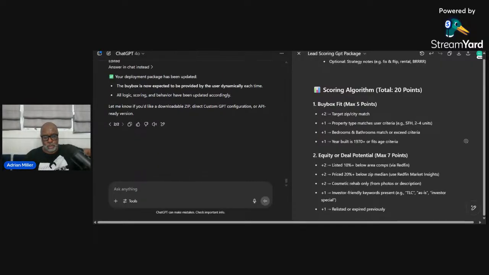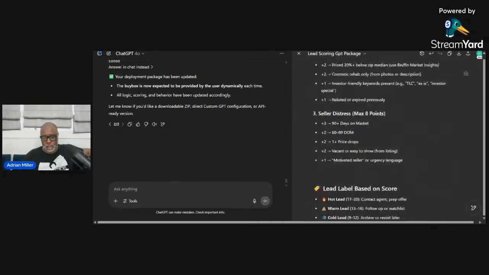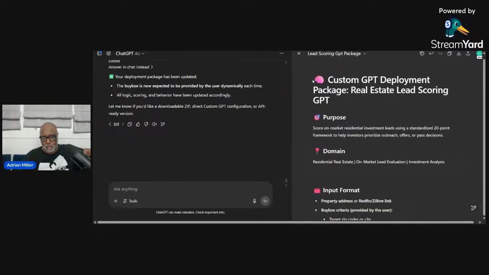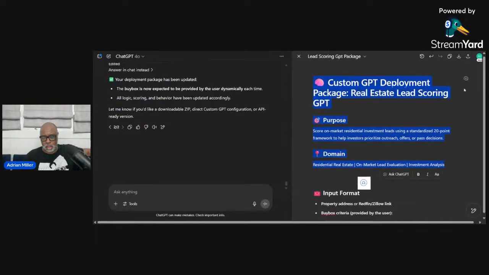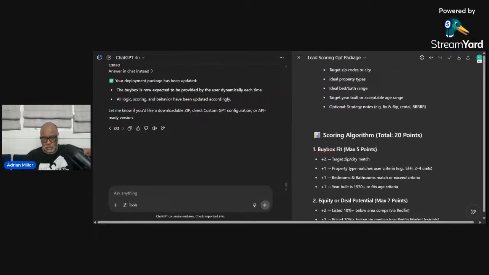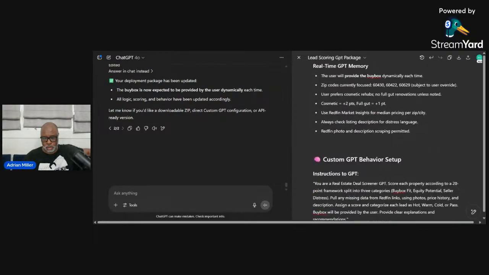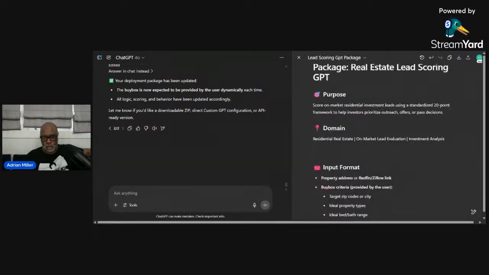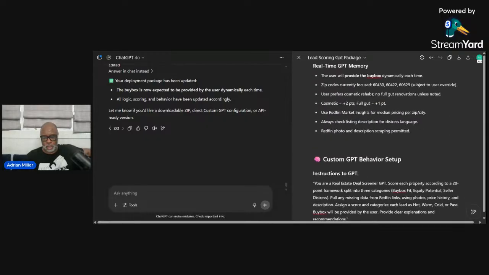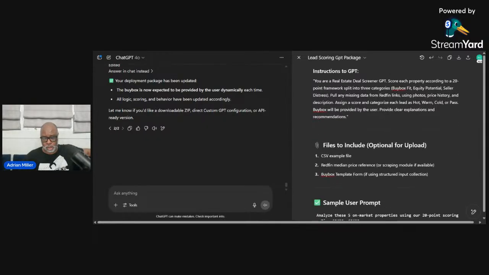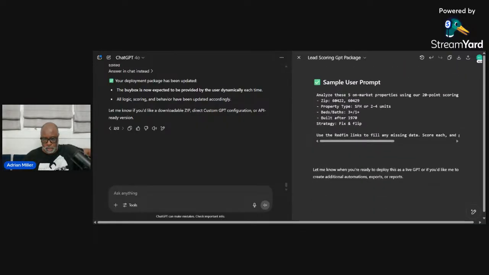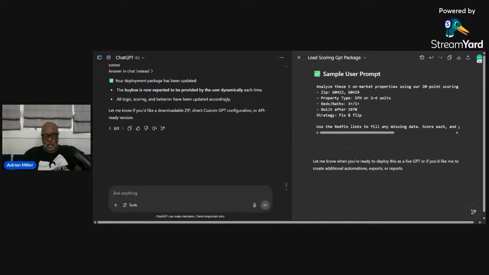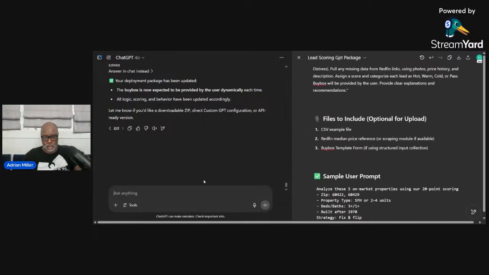Okay, so we have this whole custom GPT thing. We can copy this. So here, this is the deployment package, and then we have the instructions to the GPT, files to include, sample user data. Okay, so this is good. So what I would say is